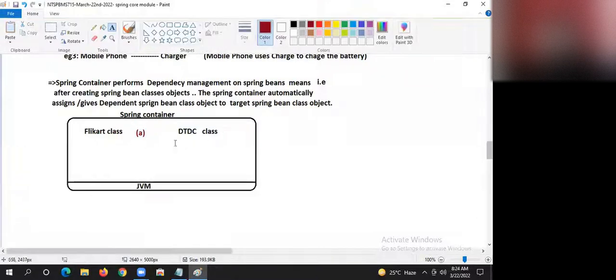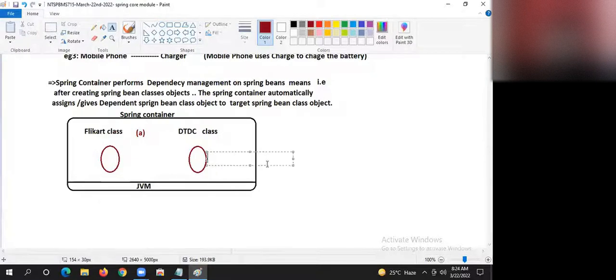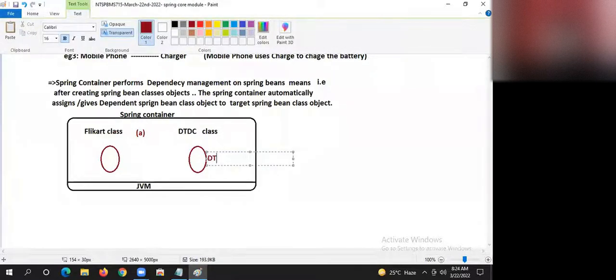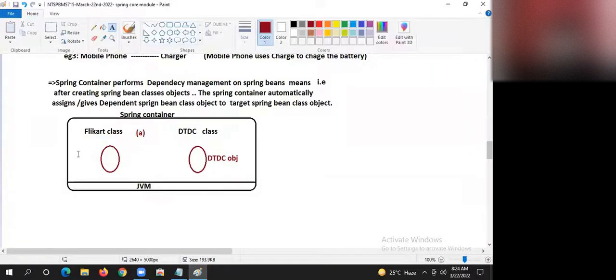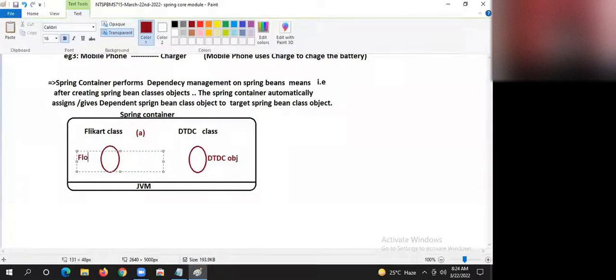Loading of classes, guys. Then creating objects, guys. Both objects will be created, DTDC object and Flipkart object.